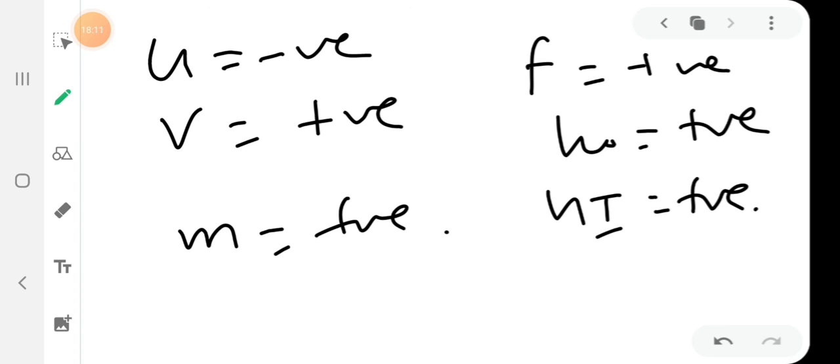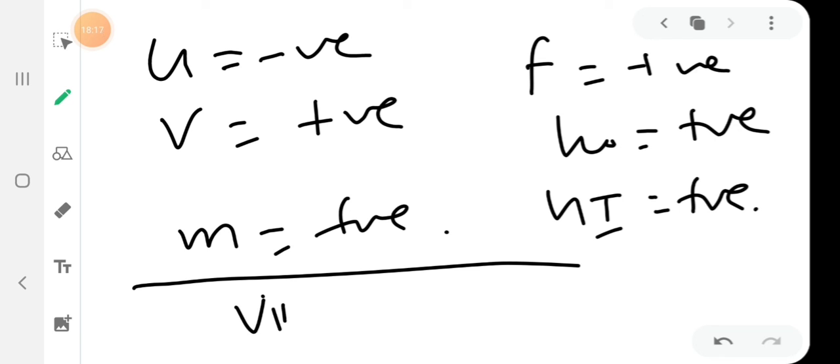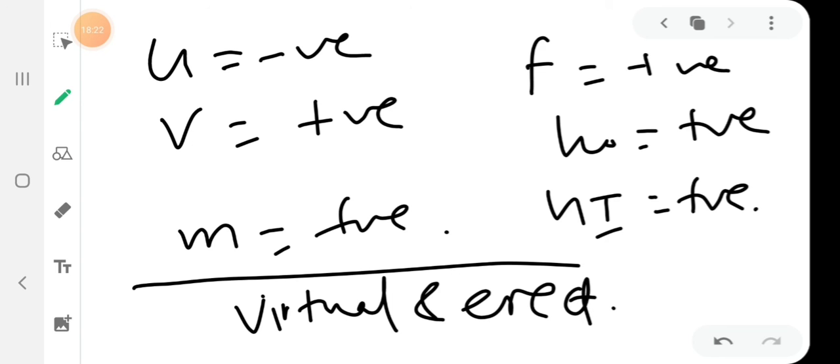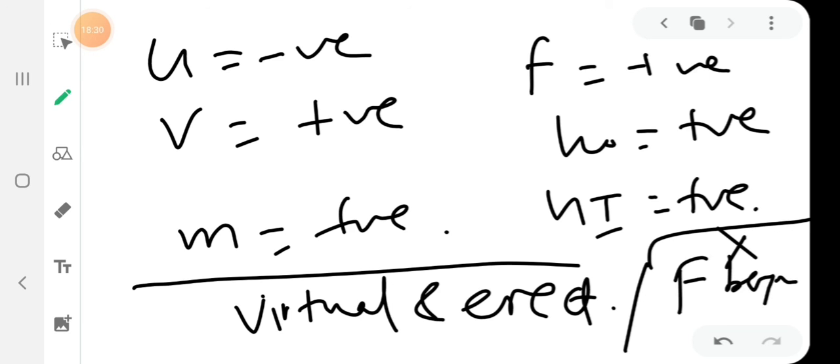Okay. And we can also further add that the image which is formed is always virtual and erect. Image is always virtual and erect, and it is always behind the mirror. And the image is never formed beyond focus, the image never forms beyond the focus. And just keep in mind the visualization of the image: when the object moves away from the convex mirror, the image also moves away from the convex mirror.